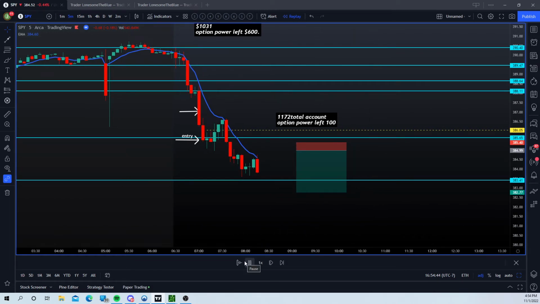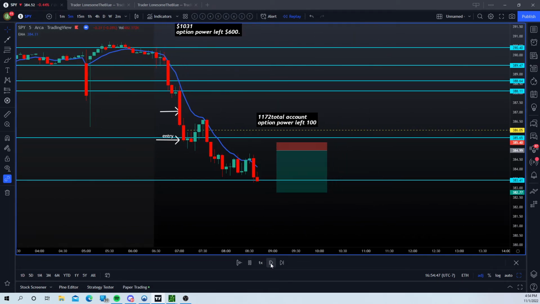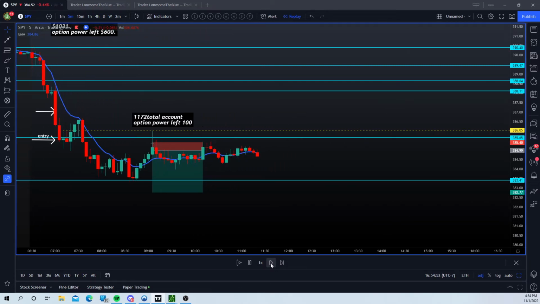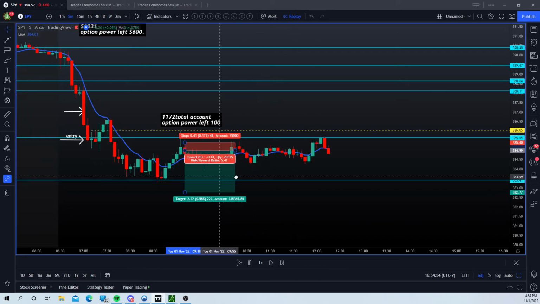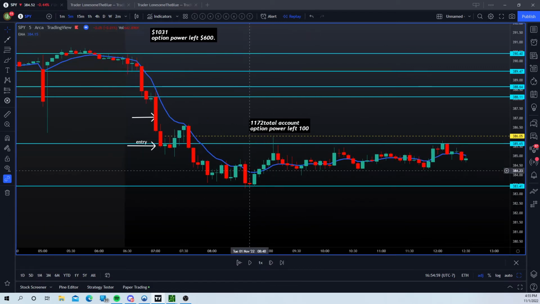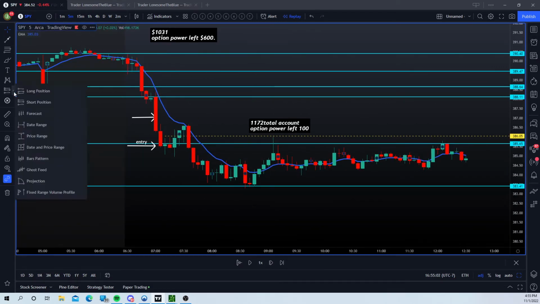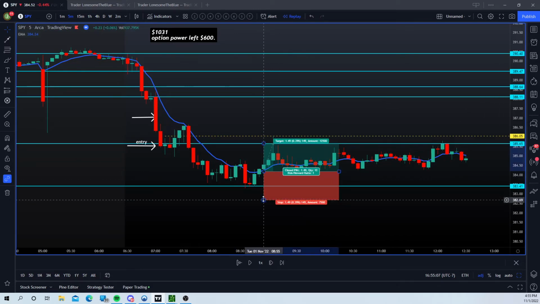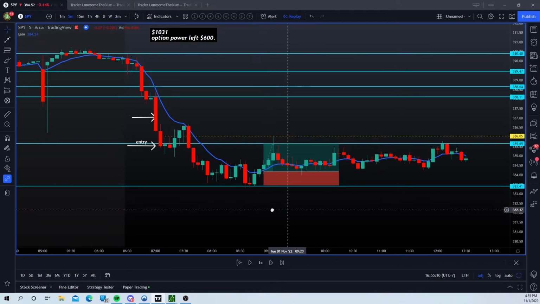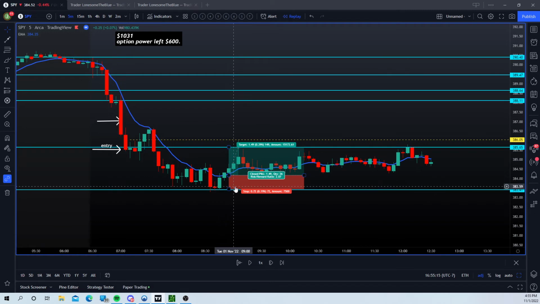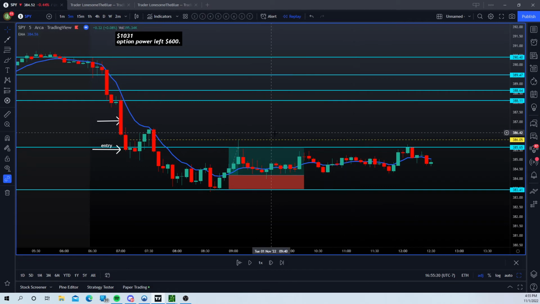So today for the exit that I had, let's go back to the future where we're at now, and look how those levels hold. So even if you re-enter here again, you see that shooting star, you still get another time to re-enter. Above the EMA, you get your stop loss above the EMA, right? You still have 500 option power left. You can still play with it. Below this level, as soon as it goes below the level, it's gonna stop you out. And look at that. You have a 20% stop loss to the bottom, and then you win 39% once it hits your target. 35 and you get out, and there you go.